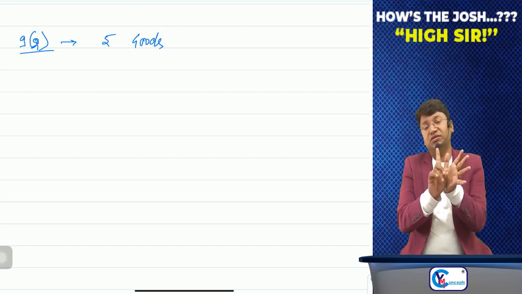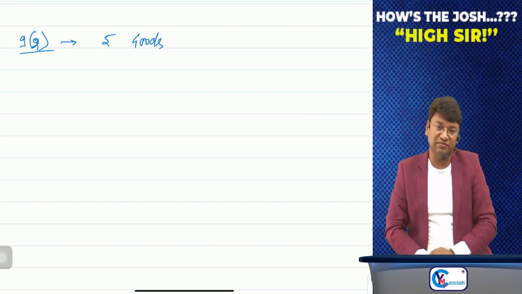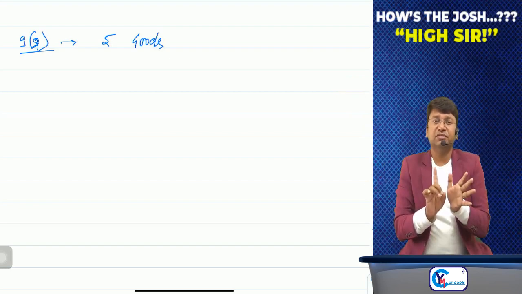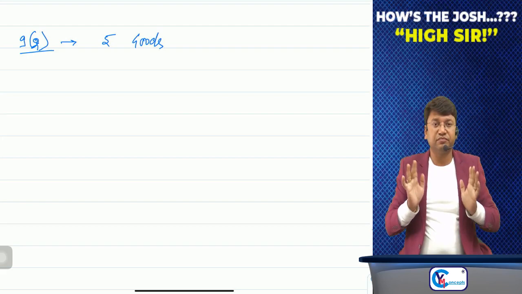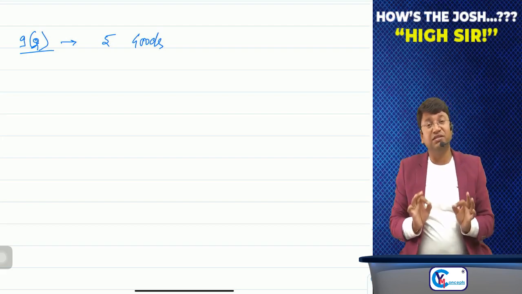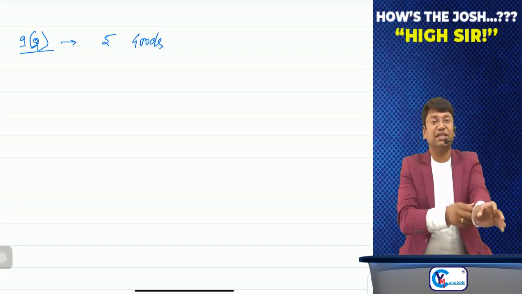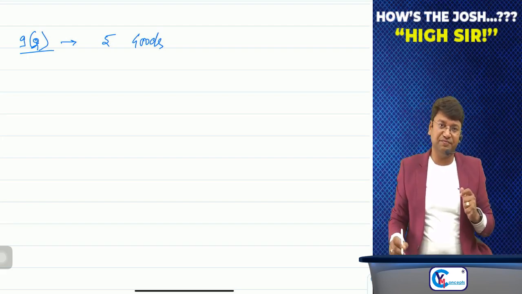There are 6 goods. Alcohol liquor for human consumption and these petroleum products. On these 6 goods, GST is not levied as of now. Sir, it means these are non-taxable supply. These 6 goods are non-taxable supply. GST is not levied at all on these 6 goods as of now.